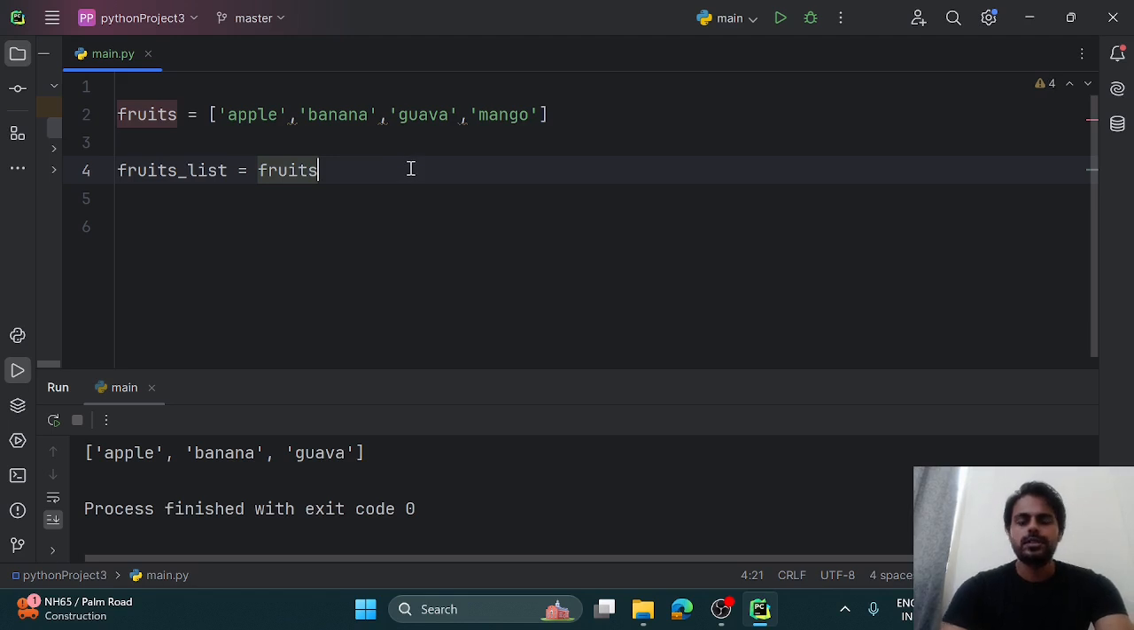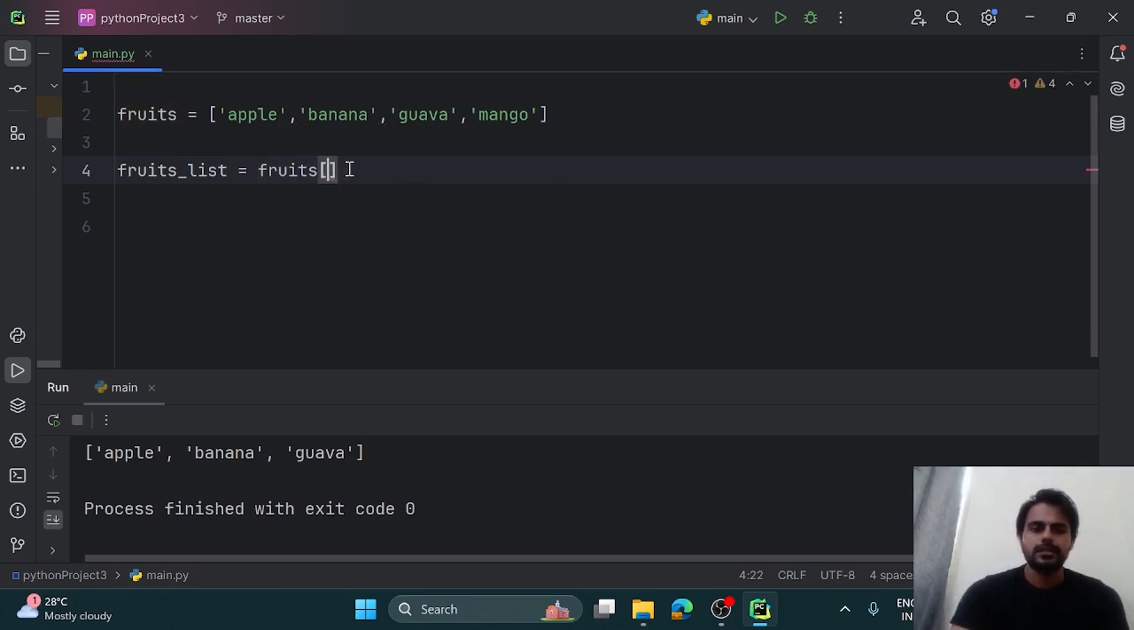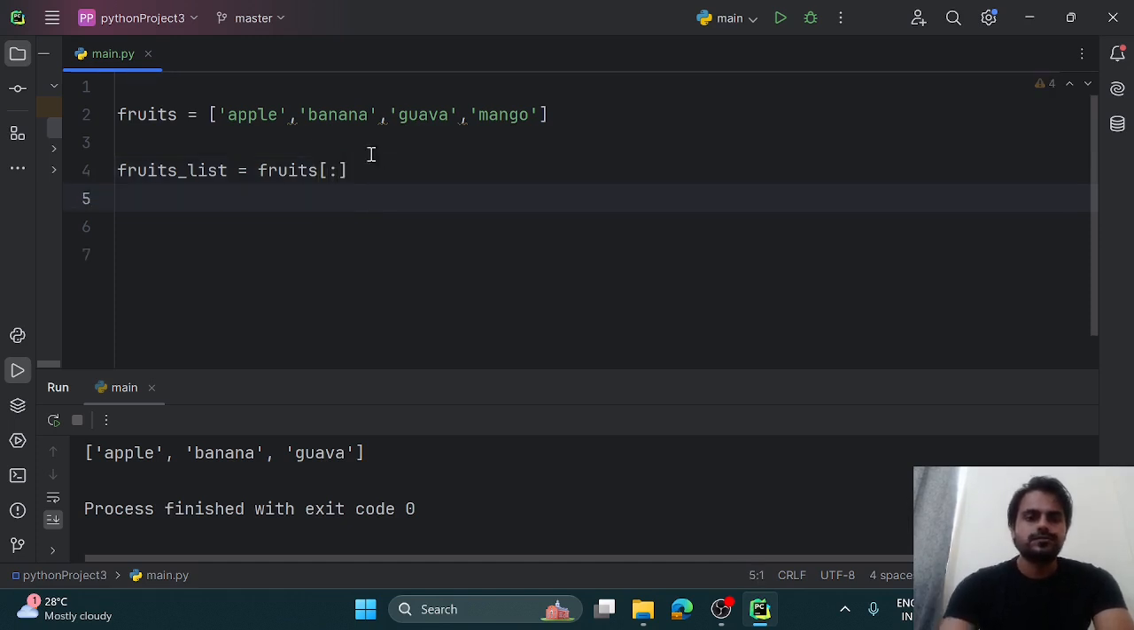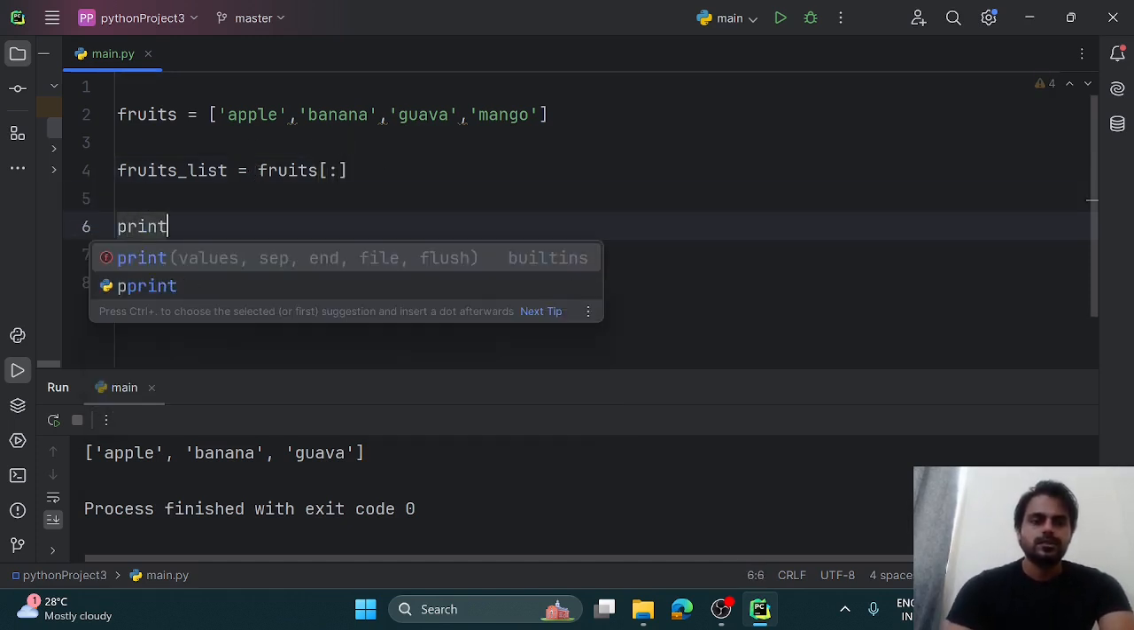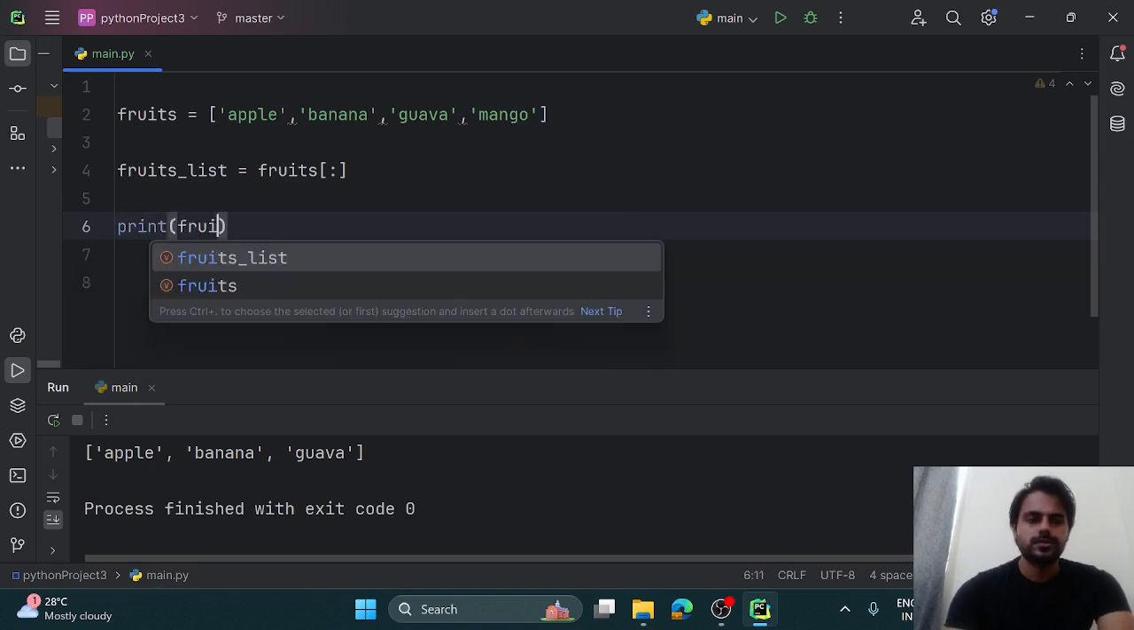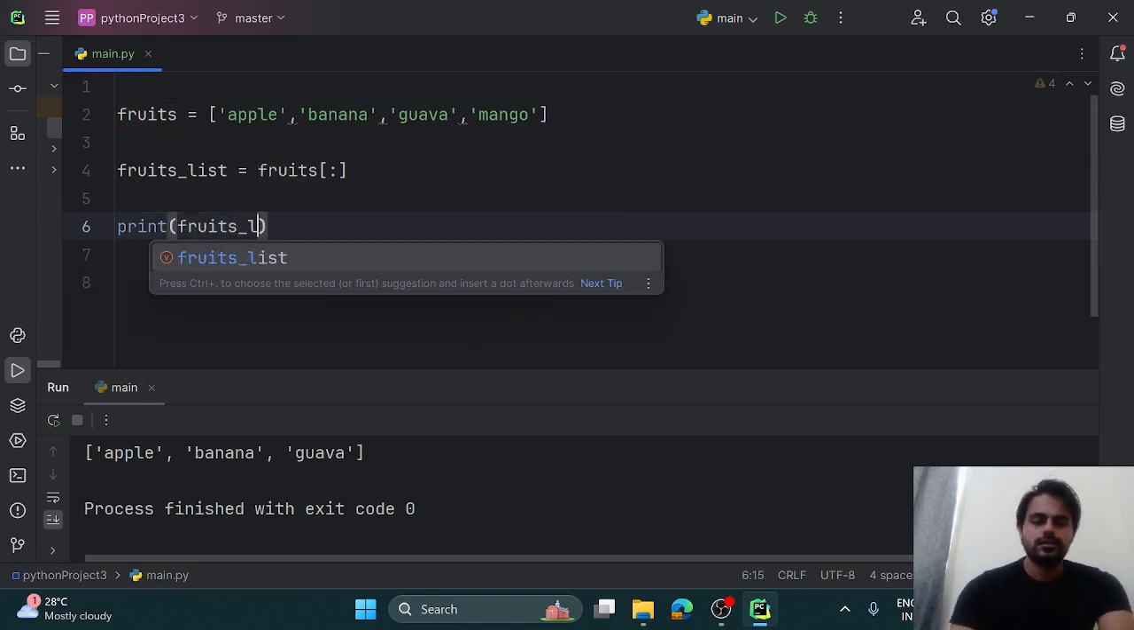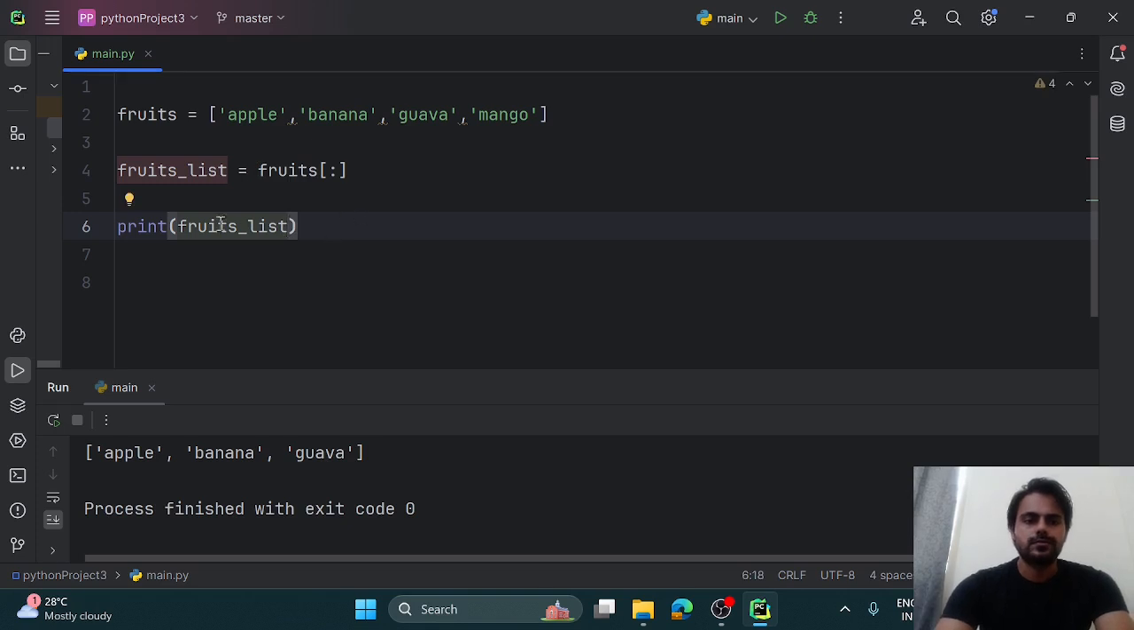So for copying the data from one list to the other, you can use this: the name of the variable, then a square bracket, and then a colon here. Okay, so this is not a semicolon, this is a colon. Okay, so now when I print the fruits list,